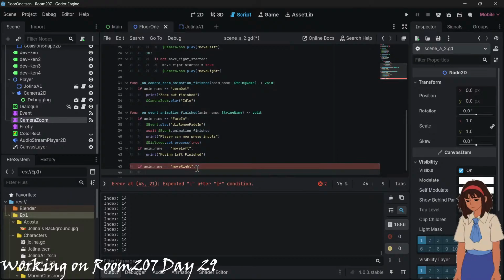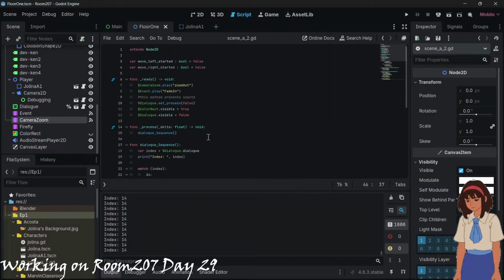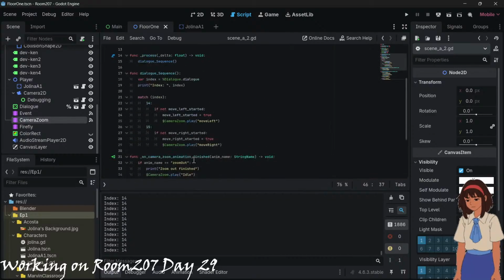If it's move right, print moving right, finish. I think this one's a much better way. And then